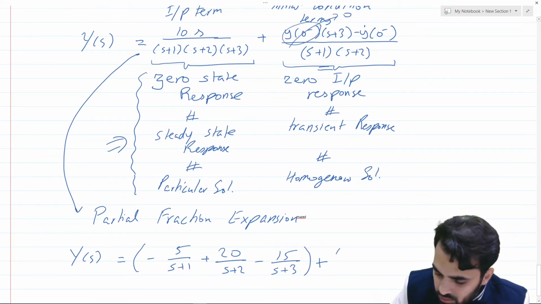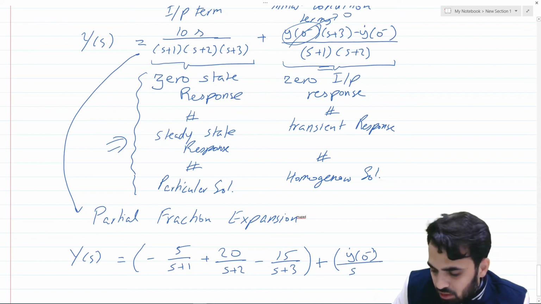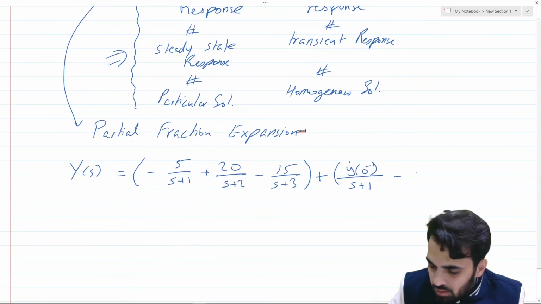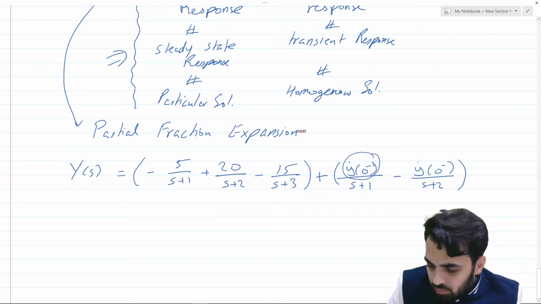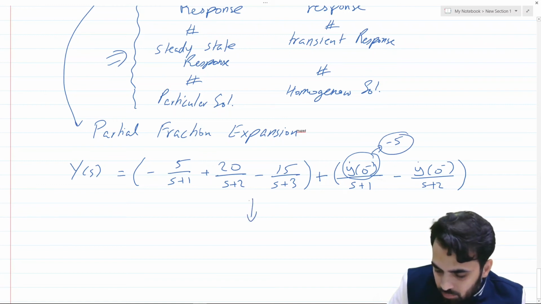So we are left with y dot of 0 minus, and from the partial fraction expansion we got y dot of 0 minus over s plus 1 and y dot of 0 minus over s plus 2. Now this is simply minus 5 as per the initial conditions. So taking the inverse Laplace transform,